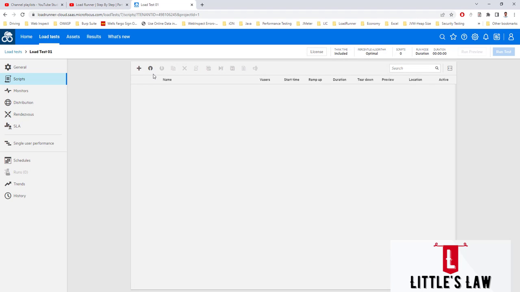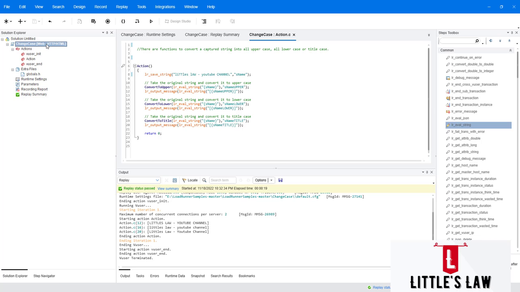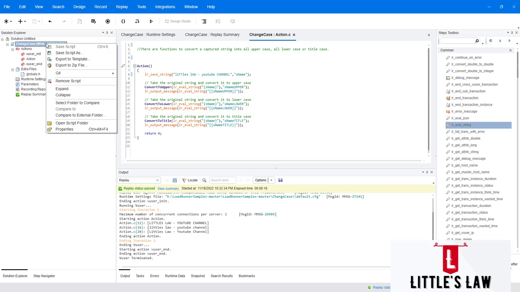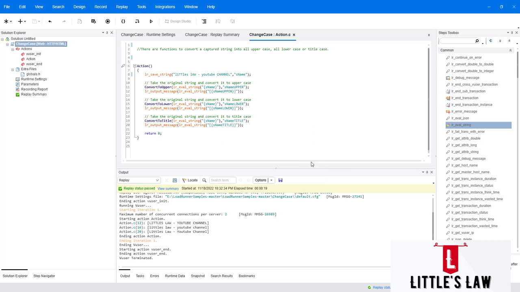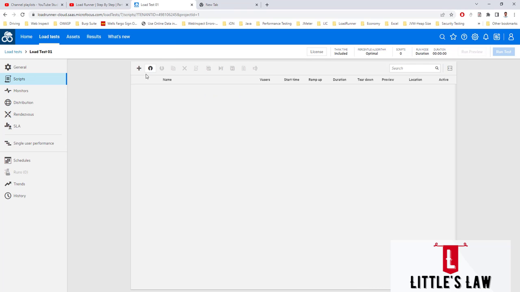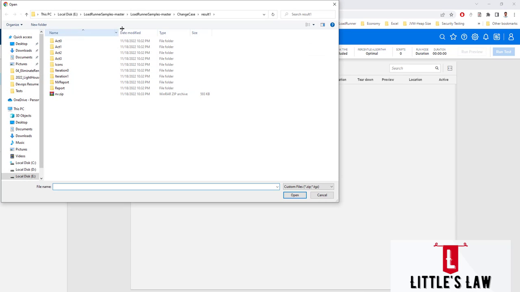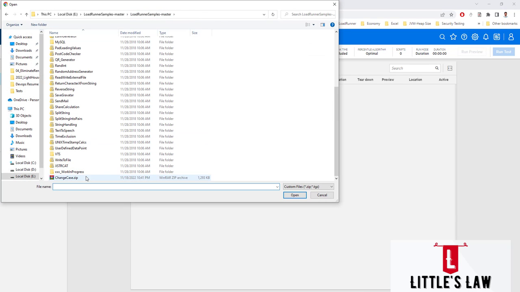And in case we do not have it and we want to upload it, we can do it using the upload option. To export the script, I have missed a step. After completing the validation, we'll have to right click the script and export to zip file. Here we have the location and the file name is changecase.zip, and I'm clicking on OK. Since I have already exported it, there's a file in there, and now I am uploading the script,